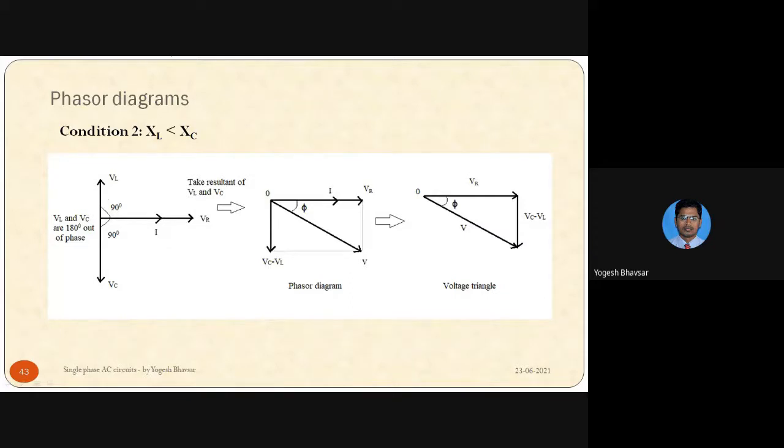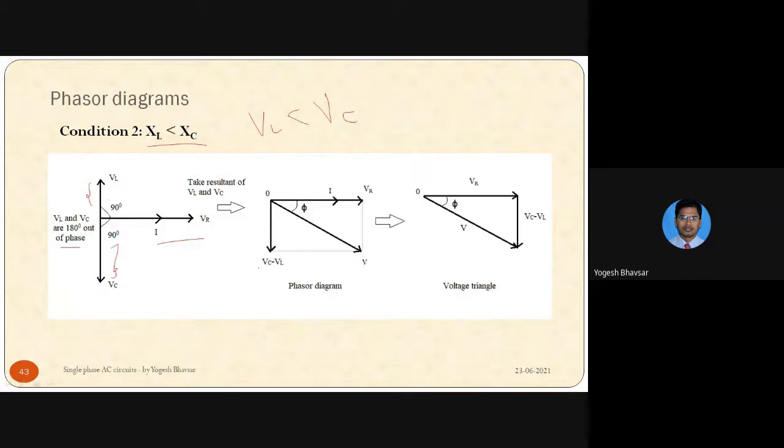So second condition is XL less than XC. That means VL less than VC. Same thing. Now look at opposite of XL greater than XC. Now the length for voltage VC is greater than the length for voltage VL. It becomes a more capacitive circuit than inductive. VL and VC are 180 degrees out of phase, as we know, and for resistive circuit, current and voltage are in phase.